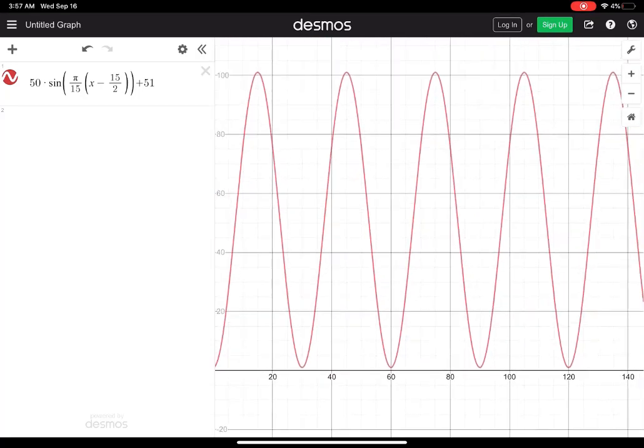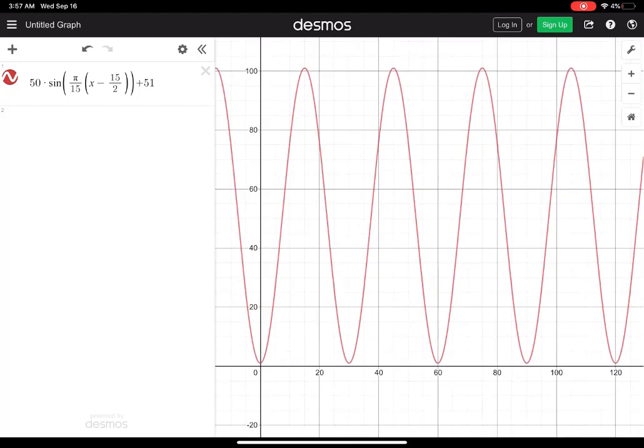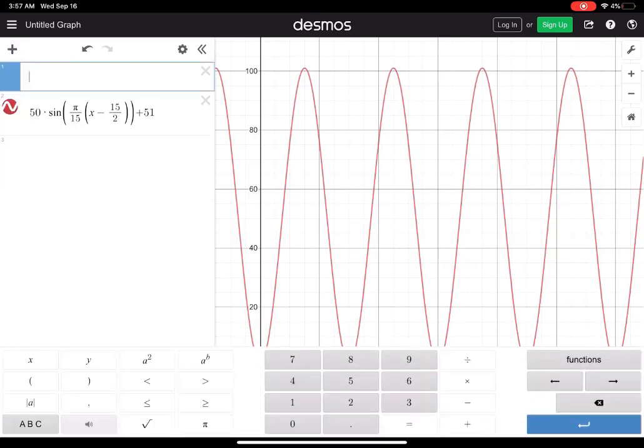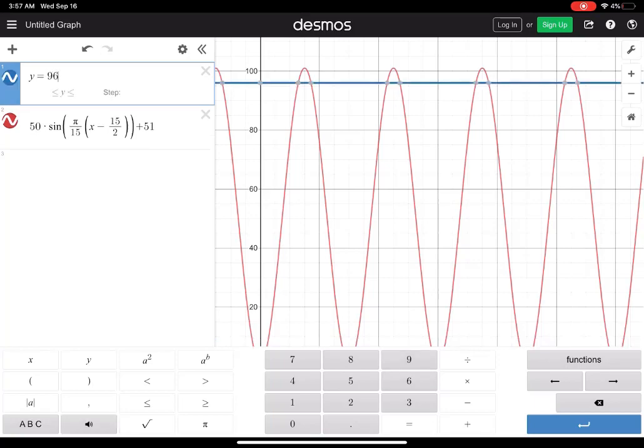Really, it's starting right there on the y-axis. This is your Ferris wheel. So it's going to start there on the y-axis at 0, and then it's going to go to the right. It's going to do that. So let's graph 96, the other one, the left side of the equation. Say y equals 96. You have to type it in like that for Desmos. And there